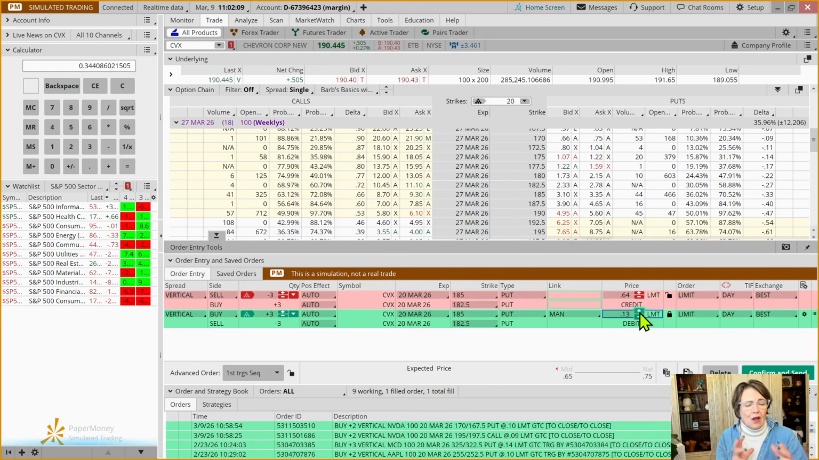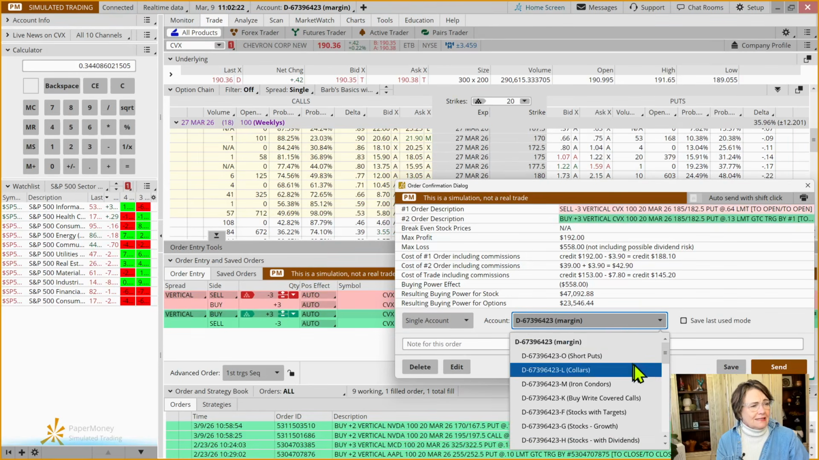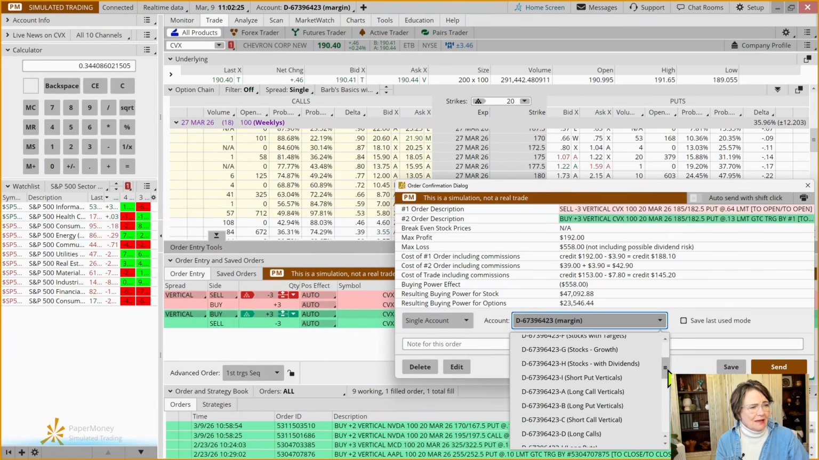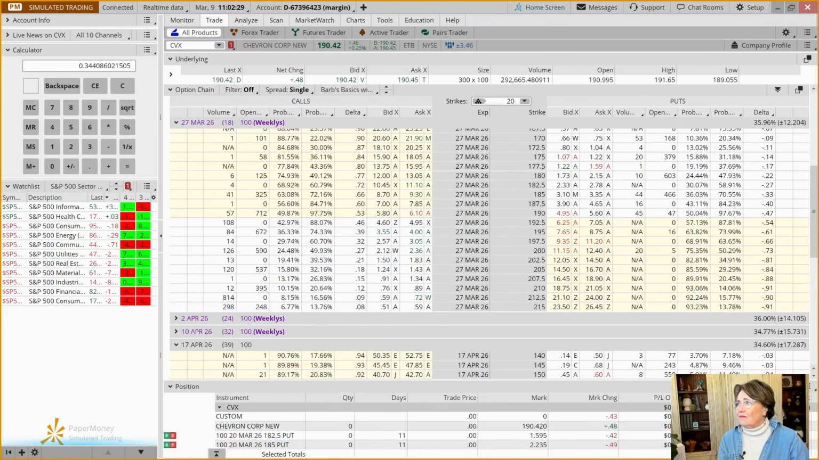So our example trading plan says when we have 80% of our max gain, and the most we can make on this is $64 a contract, we want to exit the position. Now, if you're looking at this and saying, example trading plan, what example trading plan? Well, I created a folder